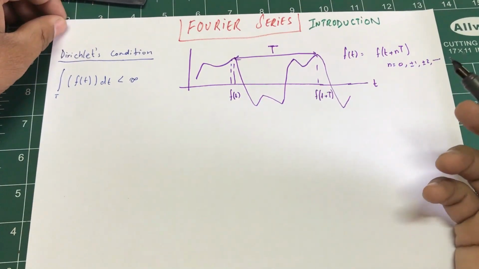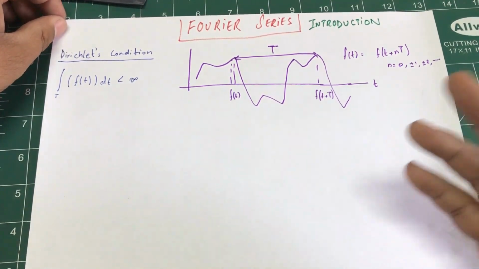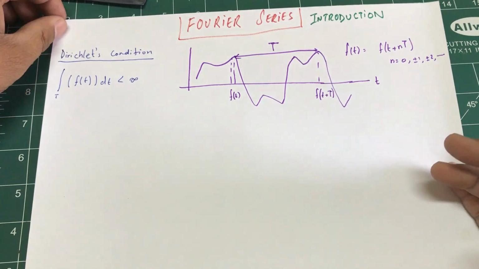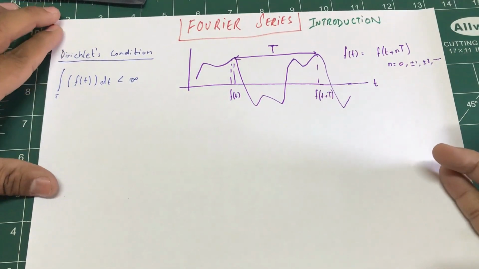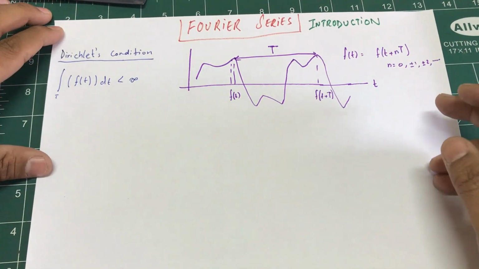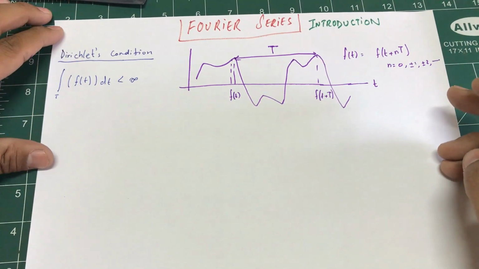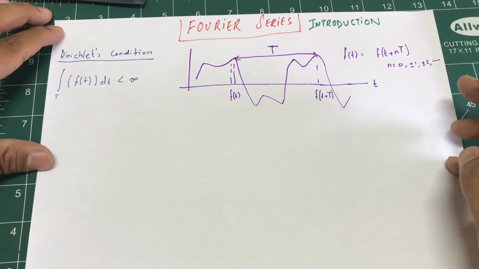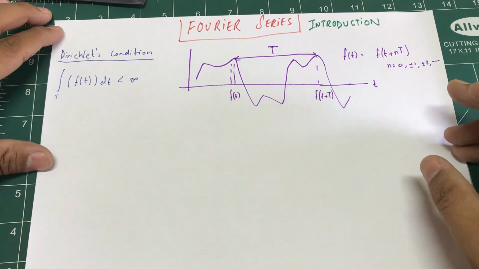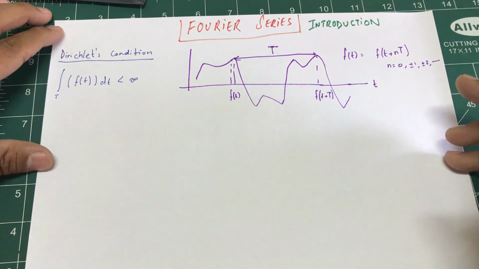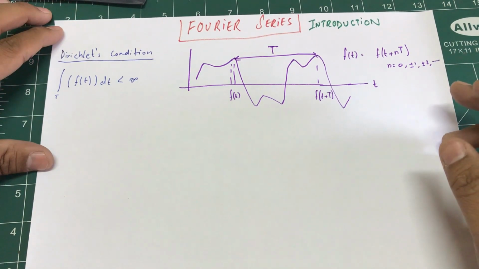Alright, let's do a series on Fourier series, and then we will eventually move on to Fourier transform. Let's see how things work out. So here's the thing. What is Fourier series? Fourier series allow me to convert a signal, either a periodic signal or an aperiodic signal,